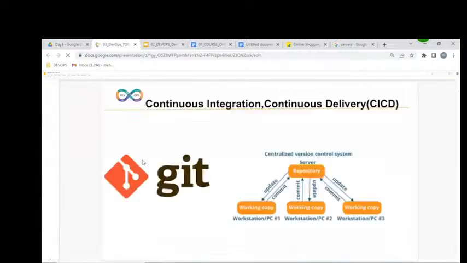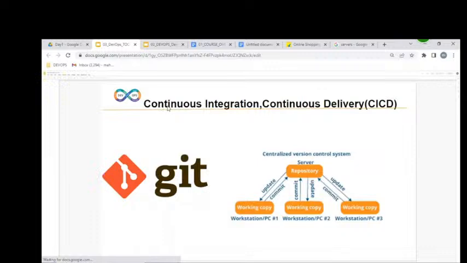The first thing is implementing CI/CD, continuous integration, continuous delivery. There are two ways: one is the raw way, or else the Azure way. We are going to learn both. The raw way we are going to implement, and the same thing we are going to implement in the Azure CI/CD pipeline. Both.